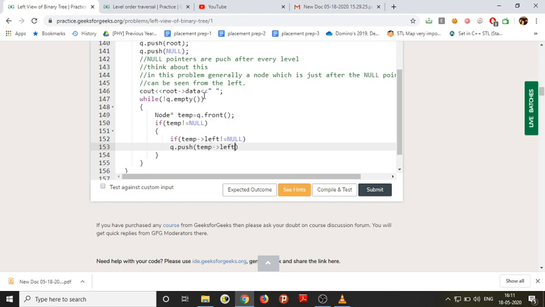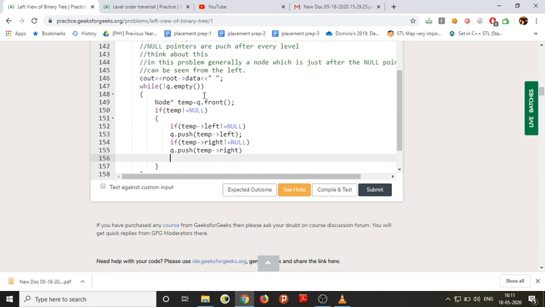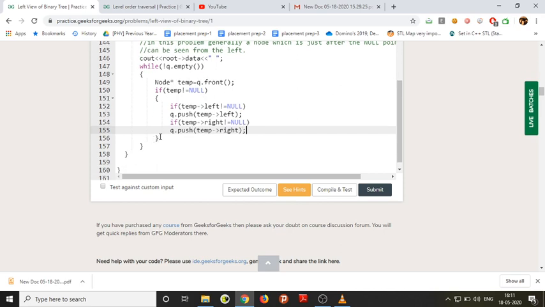If temp star right not equal to null, then q dot push temp star right. Then after this we need to pop from the queue.